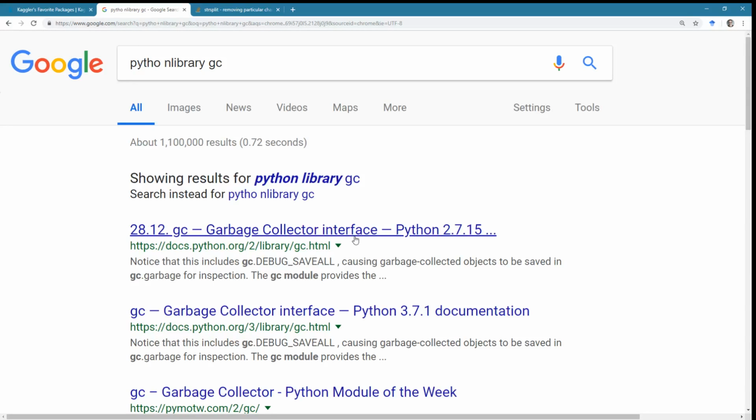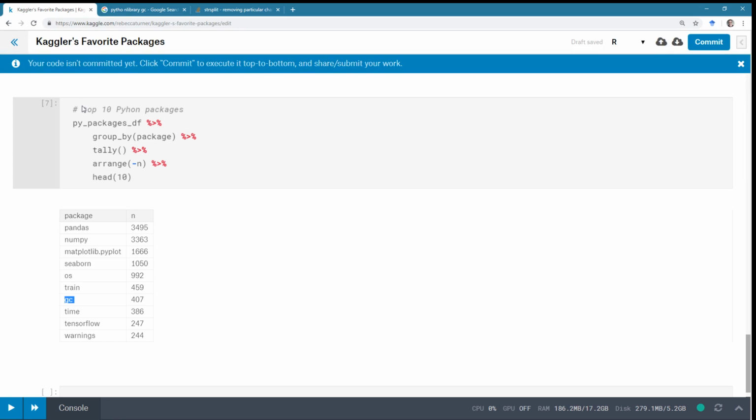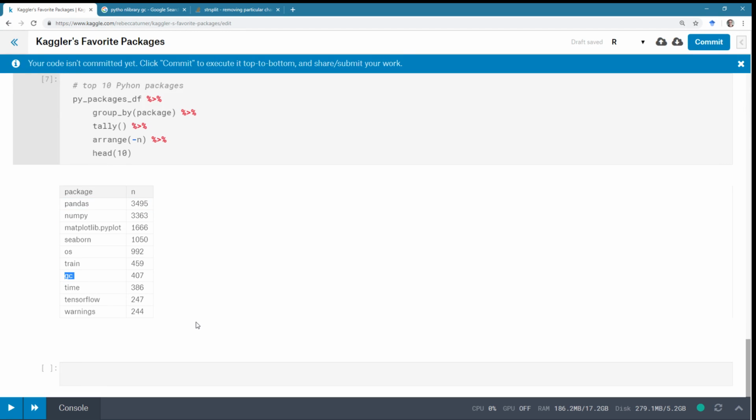Garbage collector. Oh, okay. So if you want to get rid of stuff while you're training your model. Mark says they're built into R, but you also have to use R. Yeah, I mean, if you're doing stats, I think it makes sense. It's a specialized tool.